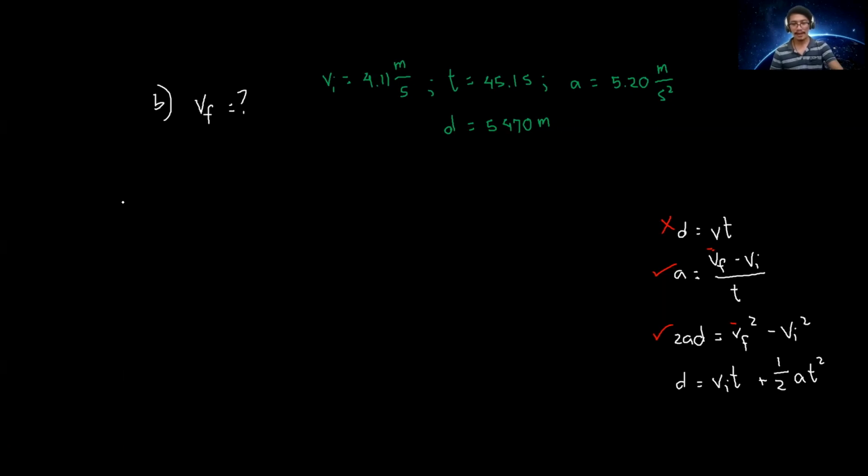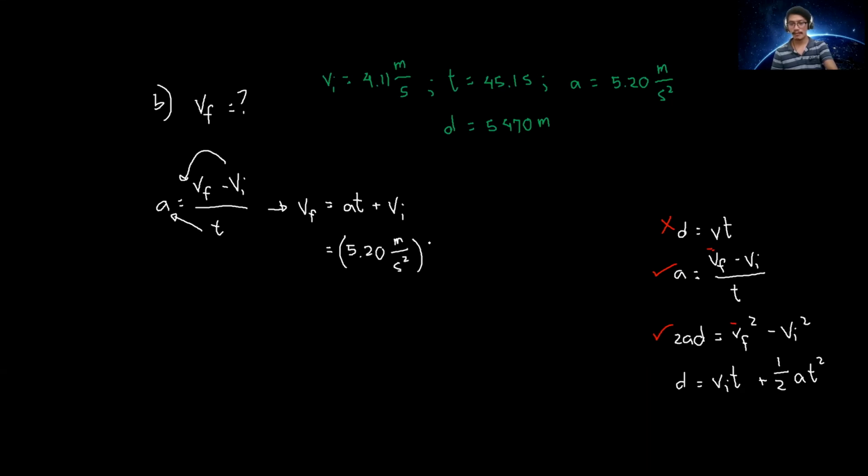So we have acceleration. Acceleration is equal to the final velocity minus the initial velocity divided by time. And we are going to solve for the final velocity. If you watch the video sa YouTube, there is an equation there for the final velocity. Cross multiply, it is equal to acceleration times time, and then transpose, plus VI. This equation is in the video. So acceleration, what is our acceleration? 5.20 meters per second squared times